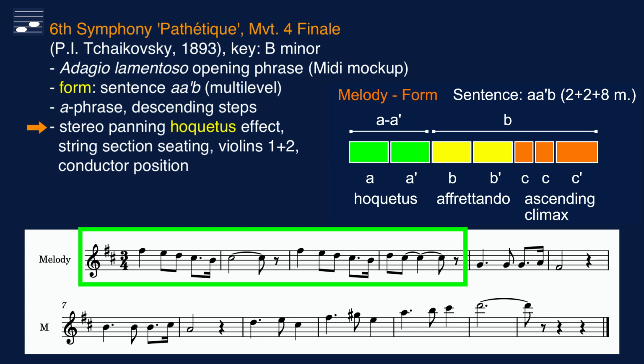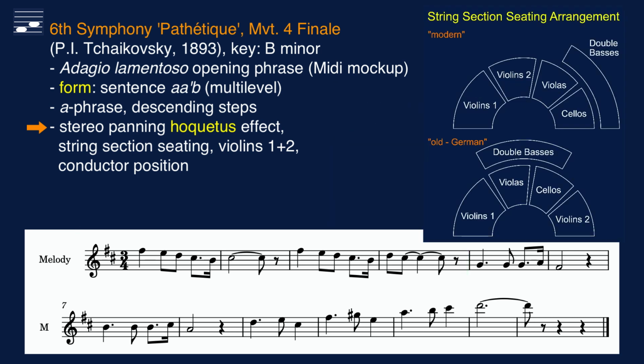But for a maximum effect one has to take into account the seating arrangement of the string section. Today it is more common to find the positioning of second violins to the left next to the first violins, as shown in the top right. However, in the 19th century it was not uncommon to put the second violins stage right, also known as the